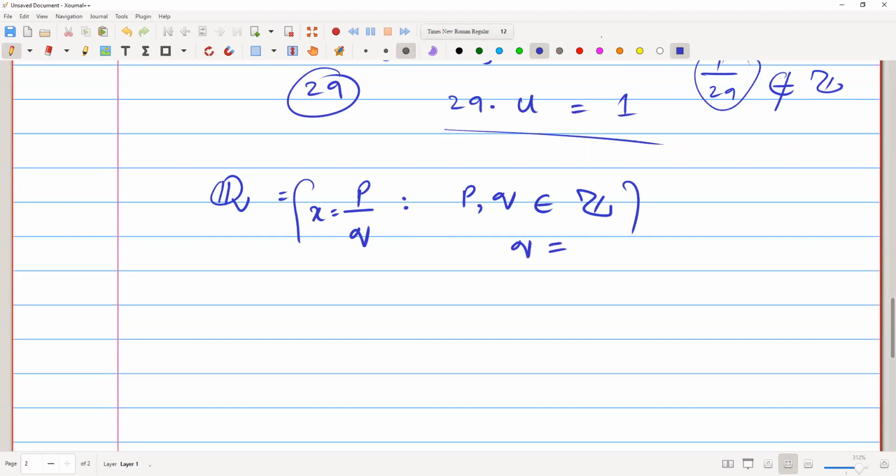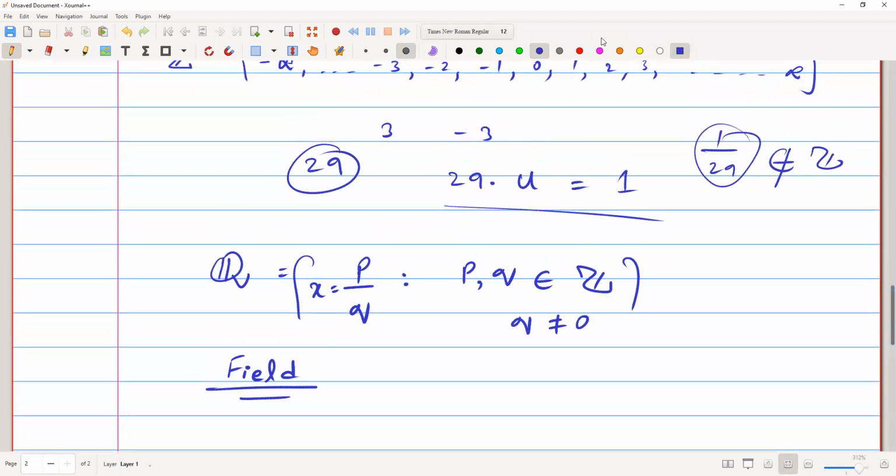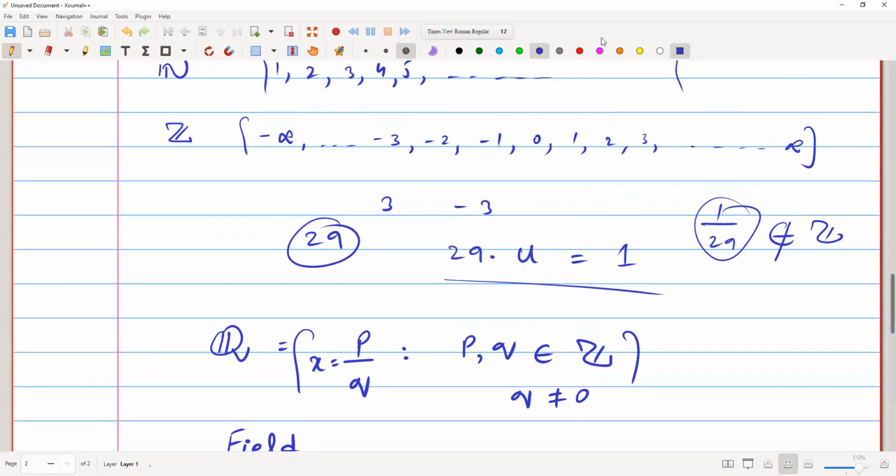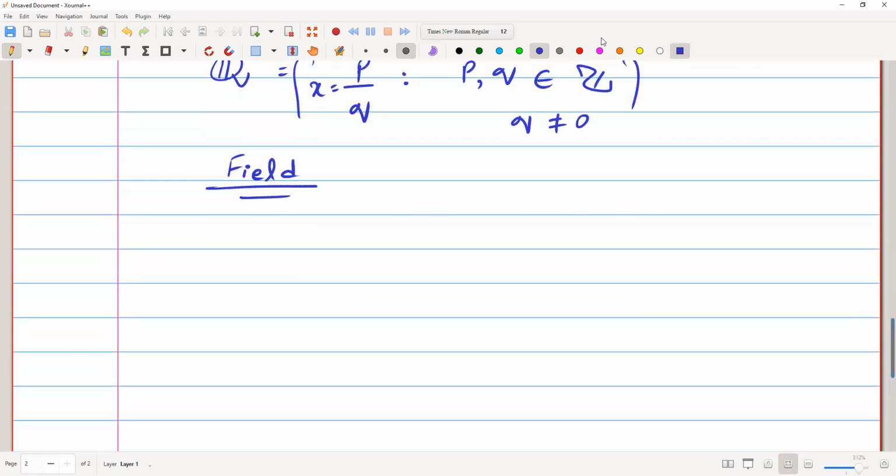So this is the definition of the rational numbers. For rational numbers, we can check that they satisfy all the properties of the field. So the structure of the rational numbers is a field. Okay, likewise, we can check other groups, other structures, other sets, whether they possess the field properties or not. So we conclude that the set of real numbers